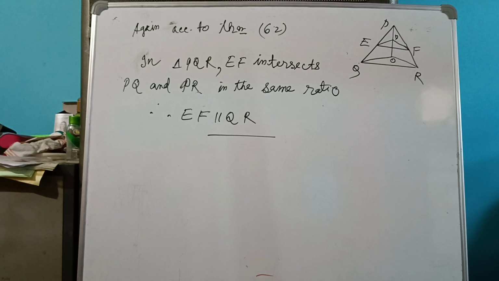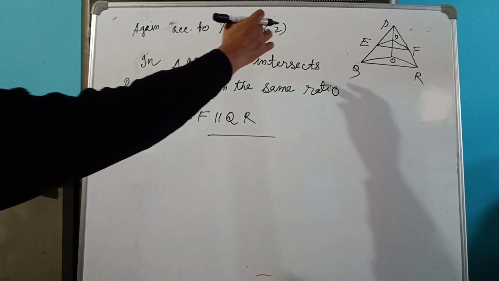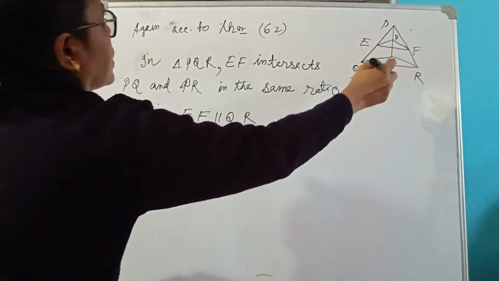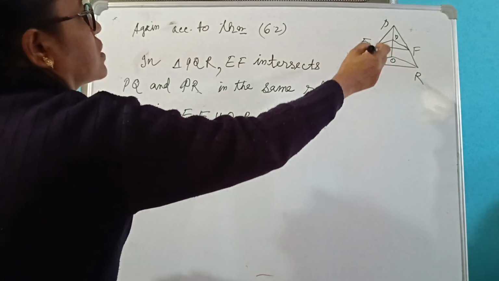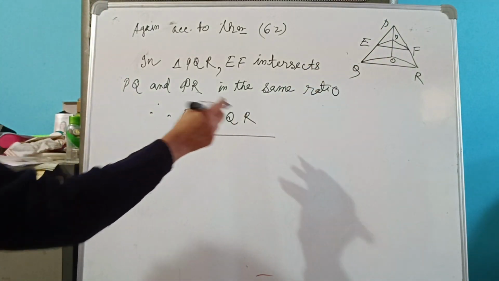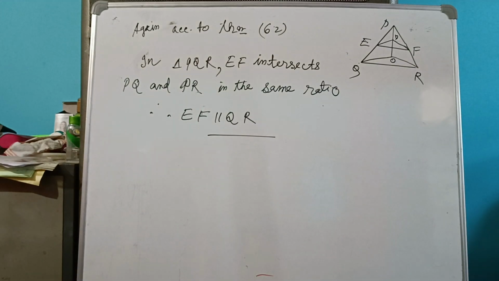Again, according to theorem 6.2, you must write the theorem here. In triangle PQR, EF intersects PQ and PR in the same ratio. Therefore, EF parallel to QR. That is,